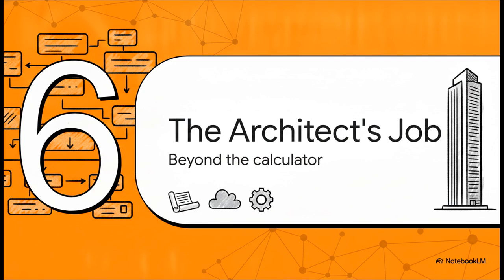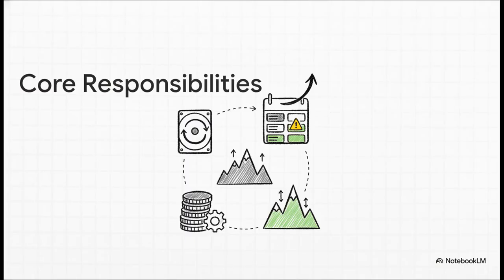Finally, Section 6, the architect's true job. A lot of people mistakenly believe that capacity planning is really just a calculator exercise, tallying up CPU needs and buying servers. But that couldn't be further from the truth. The real shift in your mindset happens when you realize your job is actually architecting for inevitable hardware failure. It's designing a system that doesn't just barely survive traffic peaks, but handles them effortlessly. It's implementing robust backup and disaster recovery strategies, all while simultaneously optimizing the total infrastructure cost so you aren't just burning business capital on idle machines.